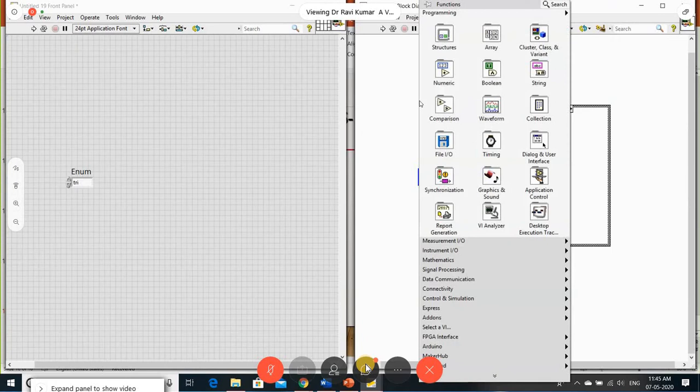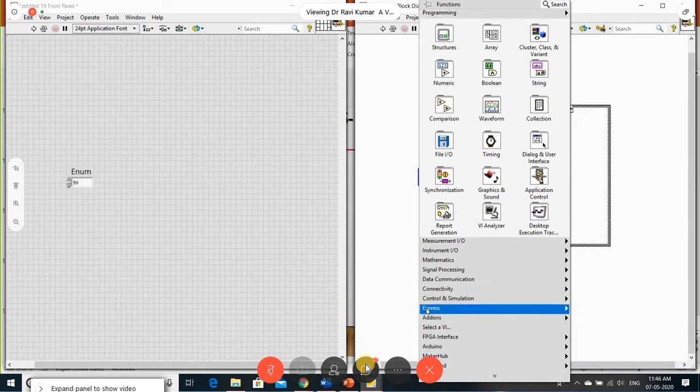In LabVIEW Signal Express, when you come to the higher semester, maybe you will come to know that signal modulation, whatever AM signal, ASK, FSK, frequency modulation, amplitude modulation, all of them we can do easily here. It's simple. I'll show you how we're supposed to do this.